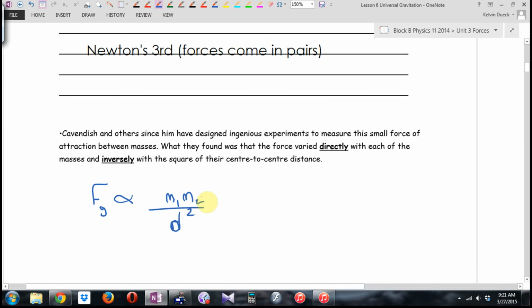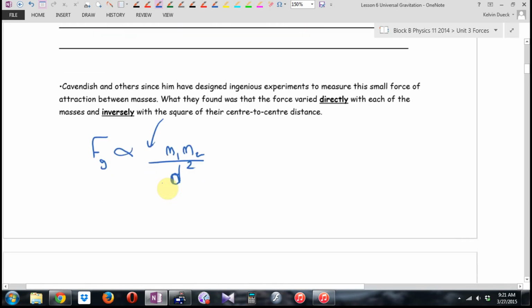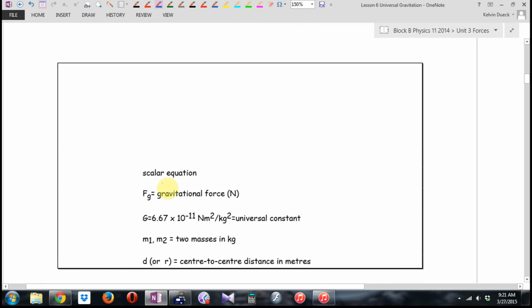and the product of the masses. But something else needs to go right there. And this something else is such a small number. Newton knew it was out there, but he didn't know how to find it. This is the law of universal gravitation. This is Sir Isaac Newton's, one of his gifts to physics. The law of universal gravity: F is equal to m1 m2 over d squared, but then to make this work, in front we put a capital G, big G,